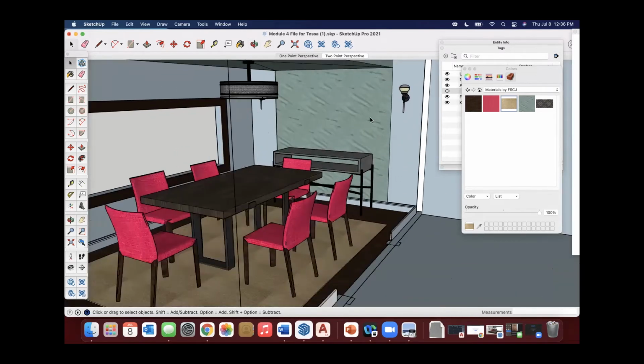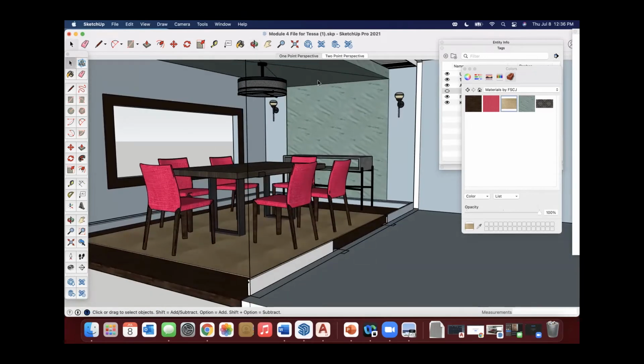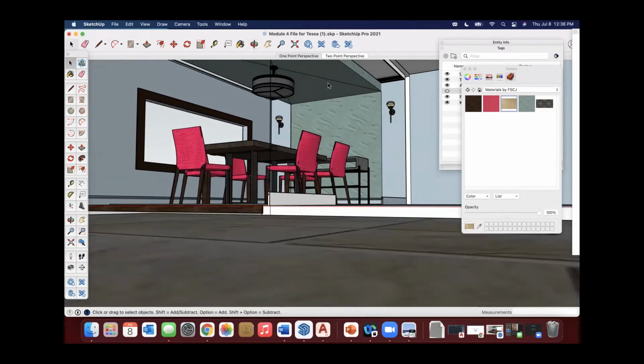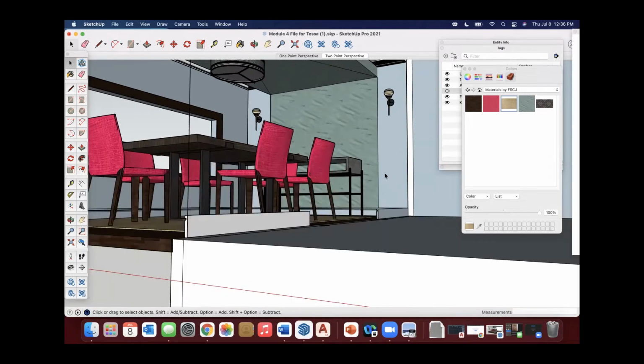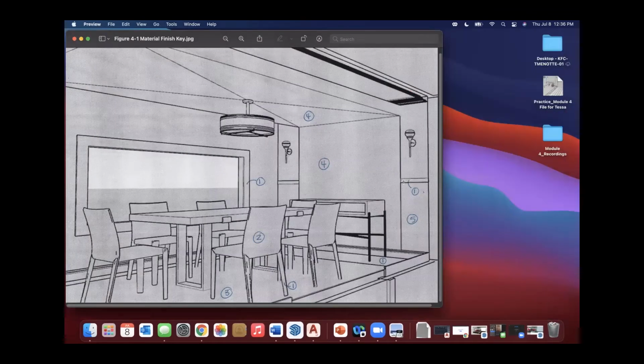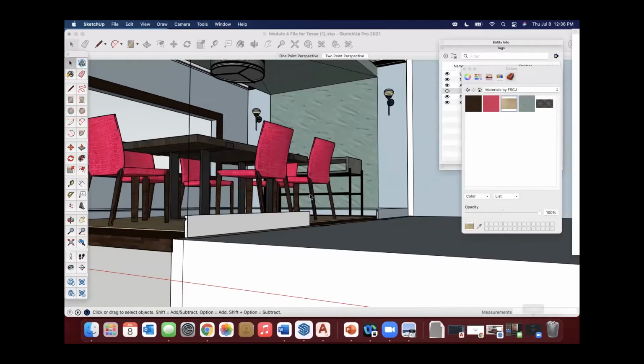Now, we pulled this out just a little bit to create the feature wall back here. We fixed the ceiling by me redrawing those lines. And then now I need to do the wainscot that we see here. So we're going to have just a little bit of a rail, and then we're going to apply that material down below. So not too difficult.